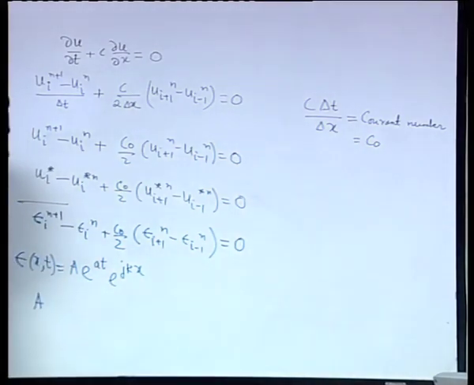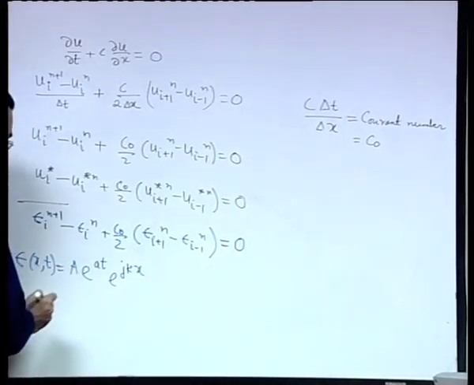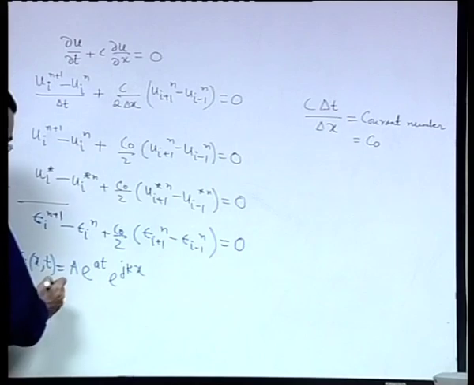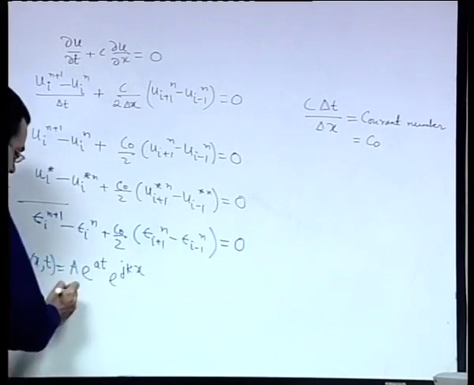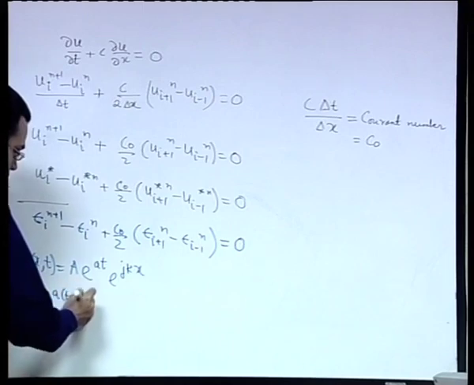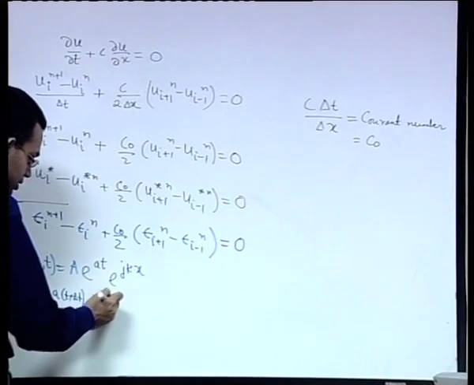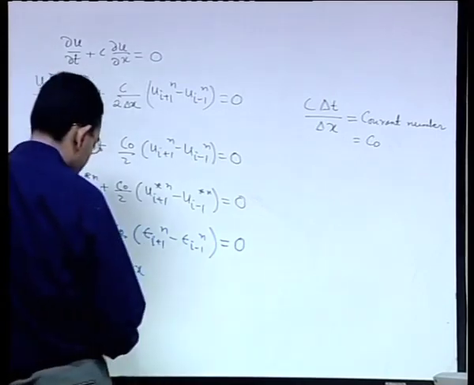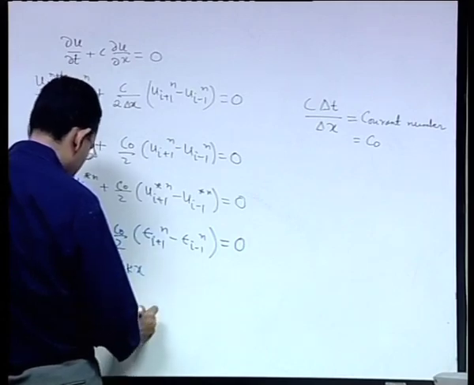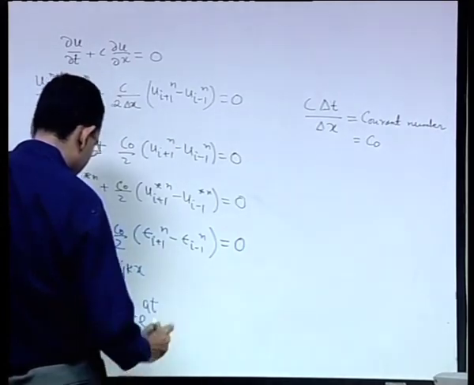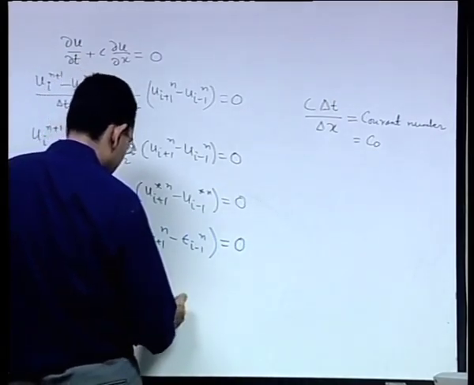A e to the power a t, so e to the power a, n plus 1 means t plus delta t, i subscript means x equal to x, so e to the power j k x minus A e to the power a t into e to the power j k x